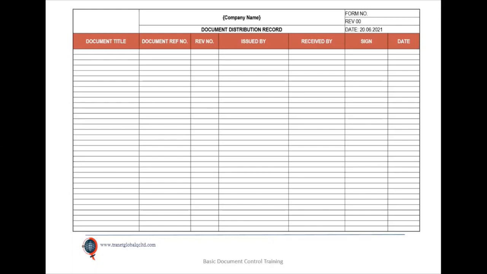Now, this also helps you to know who has what version of the document or what revision of the document. Let's say you issued your quality manual out to your team, and the revision number of the one issued